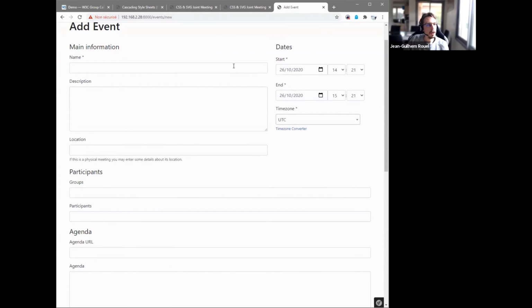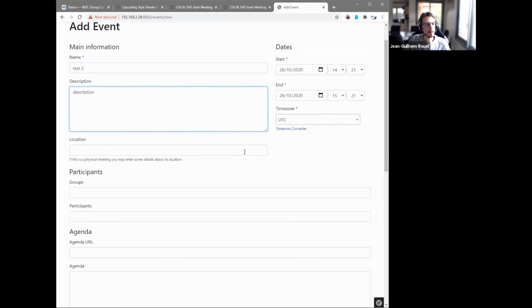You can first add some basic information, for example its name, and you can also add a description. In the description field, you can use Markdown if you want to format the text, to use, for example, lists or add links in it.